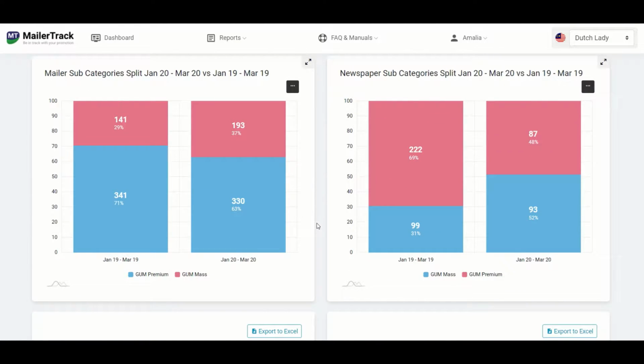For the following chart, it shows us the split in subcategories in each medium and the growth they've seen. So in mailer promotions, you can see that Gum Premium, during the first quarter of 2019, had 70% of the promotions, while 30% was for Gum Mass. However, in the first quarter of 2020, we can see that the share of Gum Premium promotions has reduced to 60%,